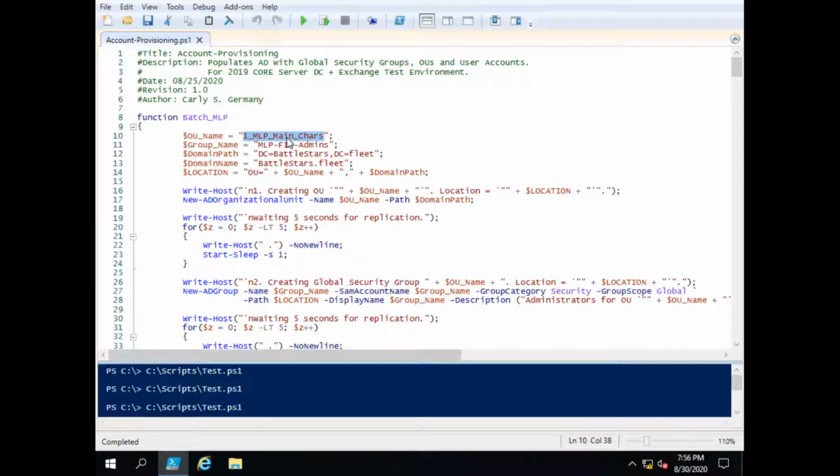We're going to create an OU. We're going to name it 1 MLP main characters. And we're going to create a group. I'm going to go over the first function, but basically we're following the same procedure all the way down 4 more times. So there are 5 functions we're going to call. And that's to provision user accounts, organizational units, and global security groups for 5 different divisions in our Active Directory